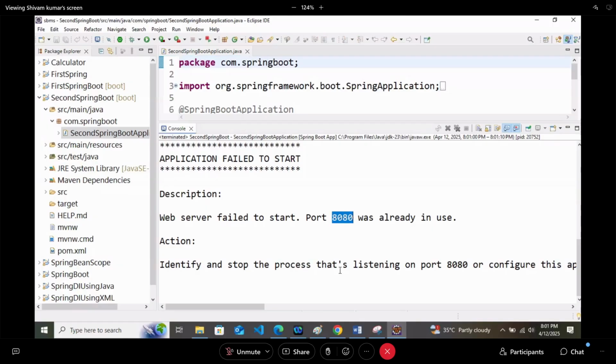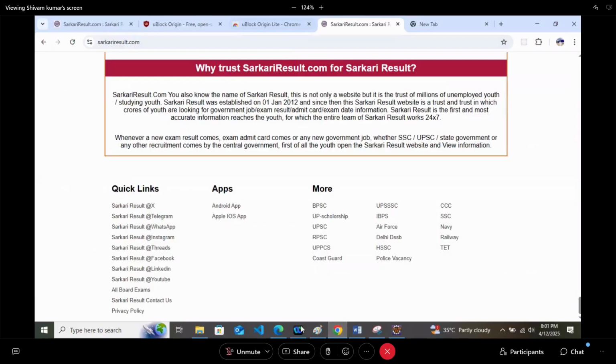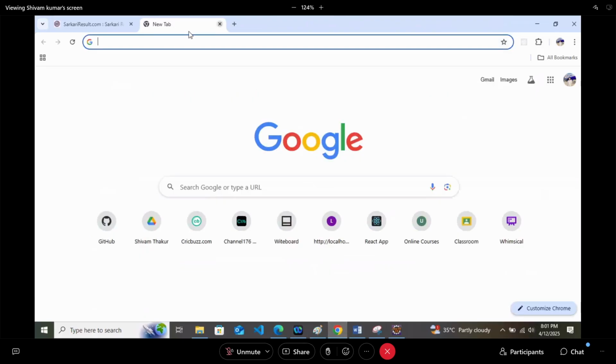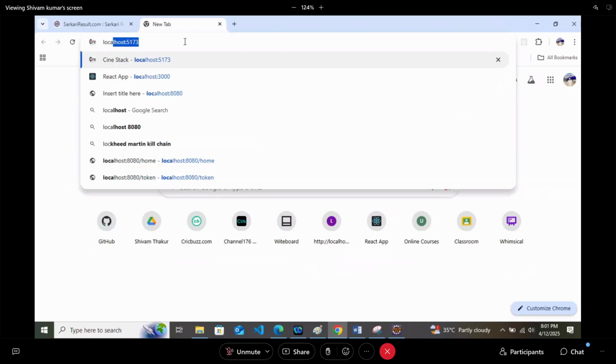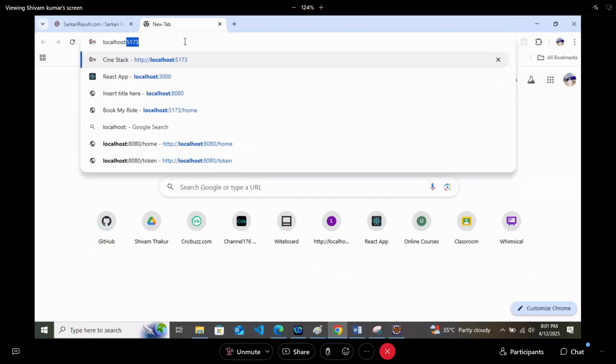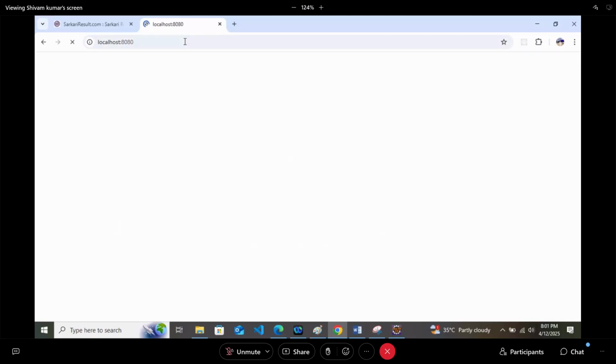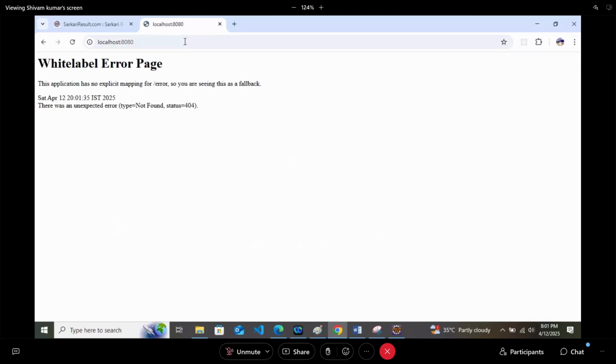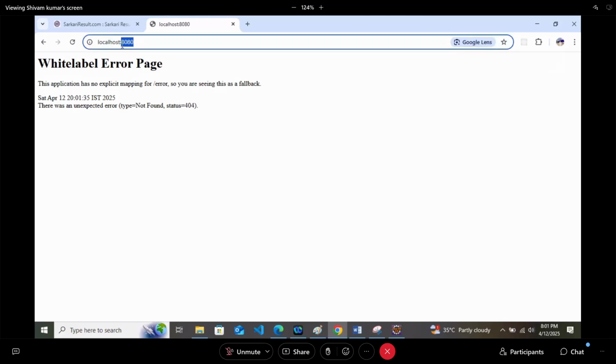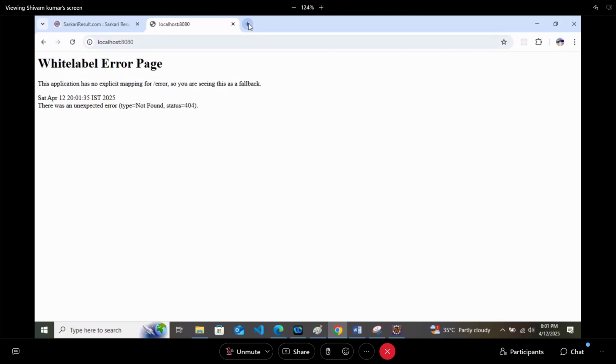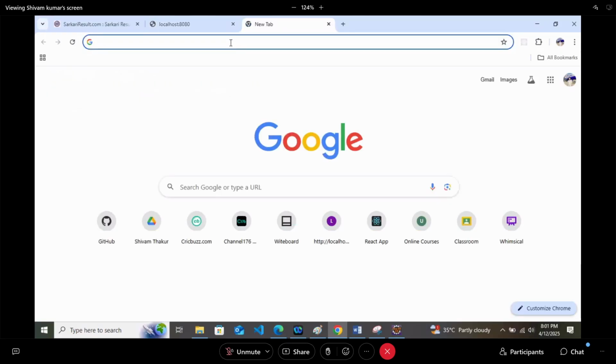So you go to your browser, any browser, Edge, Chrome, doesn't matter. Just try to type localhost colon 8080. Hit enter. Now, if you are getting this whitelabel error page, it means your port is running.